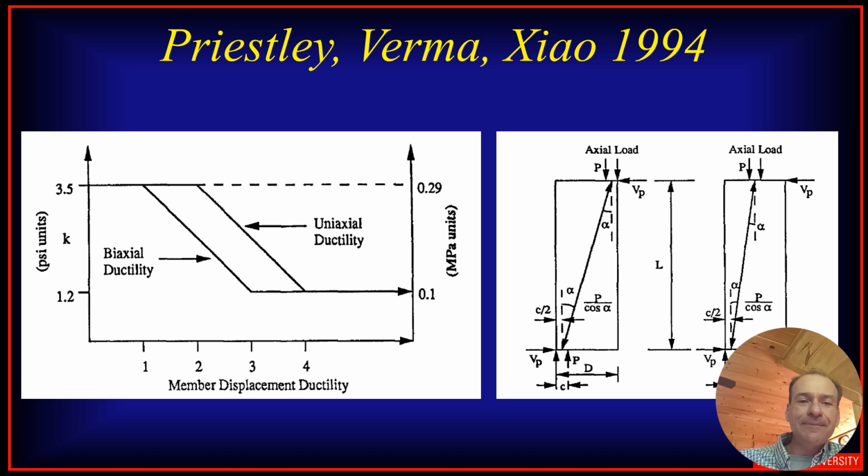5 years later, Nigel and one of his PhD students, Ravindra Verma, and at the time a postdoc, Yang Xiao, developed what was the first iteration of what was called the UCSD shear model. And there were two key features of that model. Number one, there was a quantified degradation of the capacity of the concrete shear resisting mechanism with increase in ductility. That was a function of either uniaxial versus biaxial ductility. And the reduction started at a ductility of 1 or 2 and proceeded to a ductility of 3 or 4